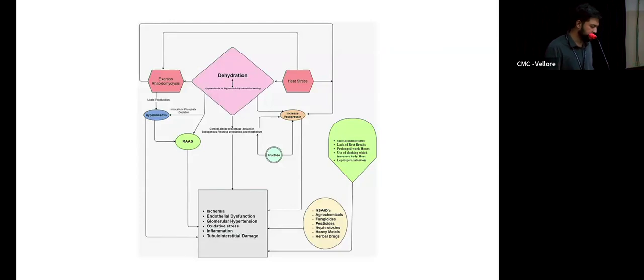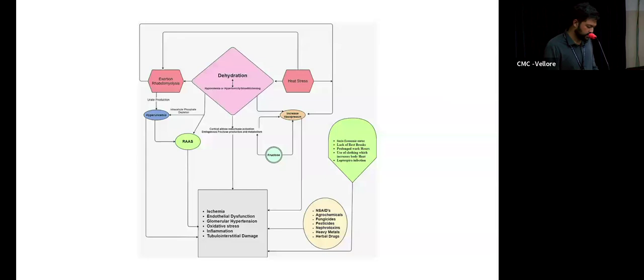So usually patients have dehydration along with heat stress, which can cause exertional rhabdomyolysis, causing urate production, which also causes RAS activation. Dehydration itself can cause RAS activation, and that eventually increases the vasopressin levels. Then the fructose pathway is also activated, which perpetuates the vasopressin increase, eventually causing ischemia, glomerular dysfunction, glomerular hypertension, oxidative stress,